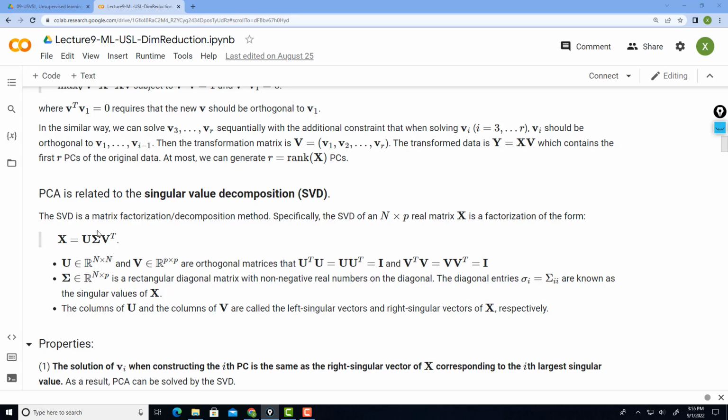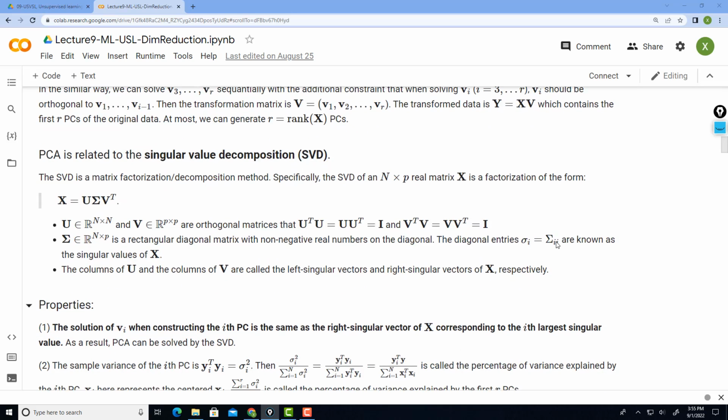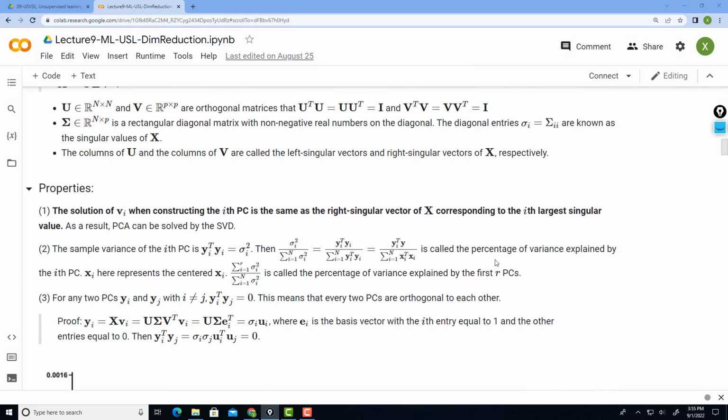This is important in the sense that you can derive a computationally efficient way to compute the principal components, depending on whether you have many data points or really high dimensional feature vectors. Because of this flexibility of singular value decomposition, you can always derive computationally efficient solutions for principal components. And of course, after you derive the principal component directions or subspace, you can check the properties of the derived principal components.